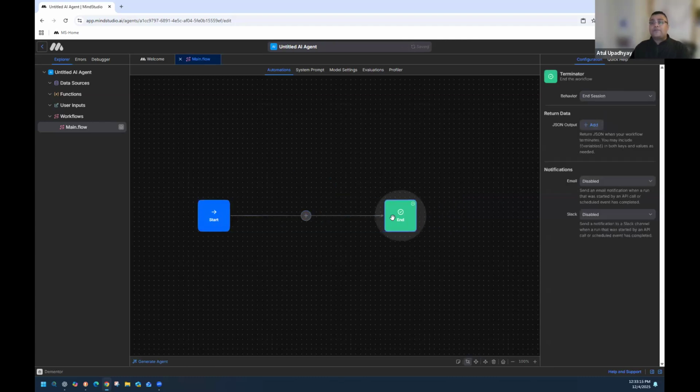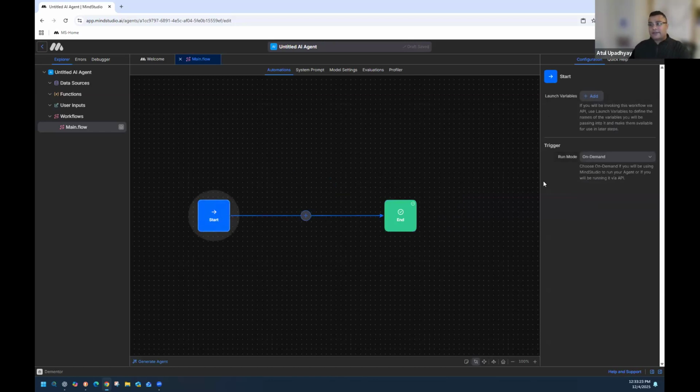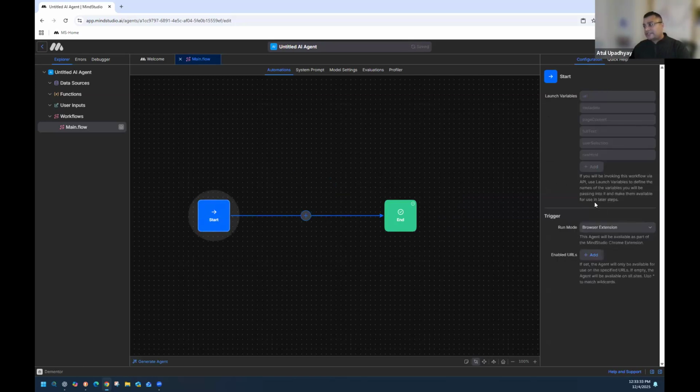So the start and end block are always going to be there by default when you're creating an agent in MindStudio. So your start block, like Shubnam gave a good overview, for the purpose of Jargon Buster, is a browser extension. I'm going to tell it, hey agent, I want you to run as a browser extension. As you can see, there are some preset launch variables within MindStudio that came up there.